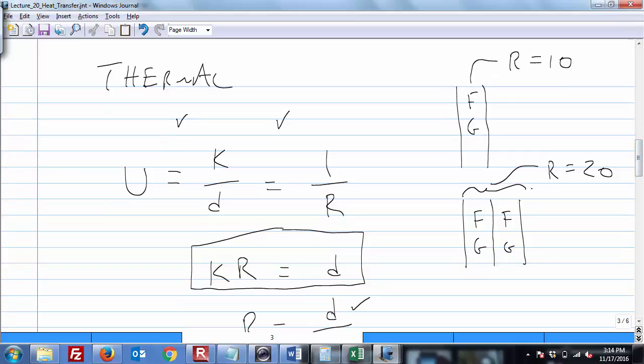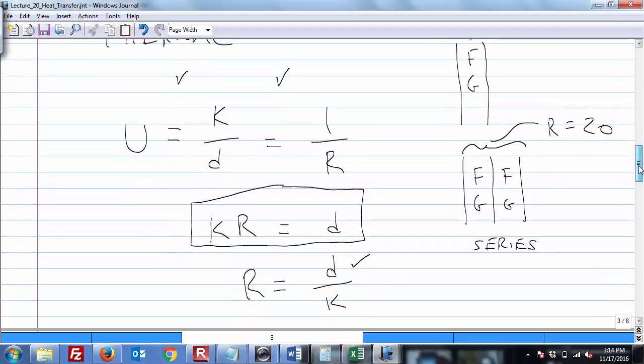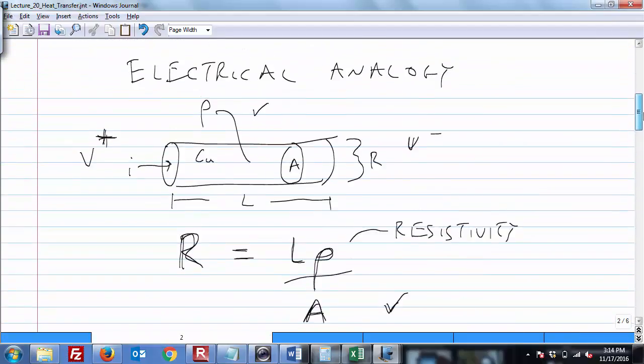Another thing I'm showing here is that if I had a chunk of fiberglass with a rating of R10, and I put two of them in series, I can add R values. What you cannot do is add K values. You have to know how much you have in order to add them. So you can add